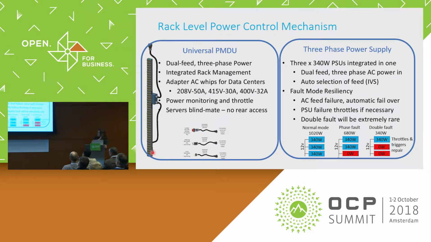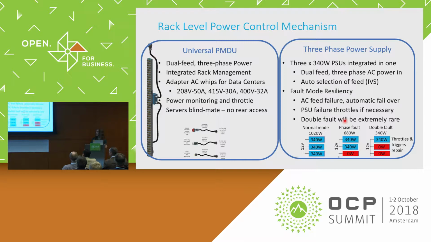And why this is relevant in a power capping talk is that one of our scenarios for power throttling or power control is when we get power failures. So the three individual single-phase power supplies that make up this single unit of a three-phase power supply, if one of those units inside that power supply fails, then our total is 680 watts. So if the IT load, or if that server is running below 380 watts, then there's no need to power